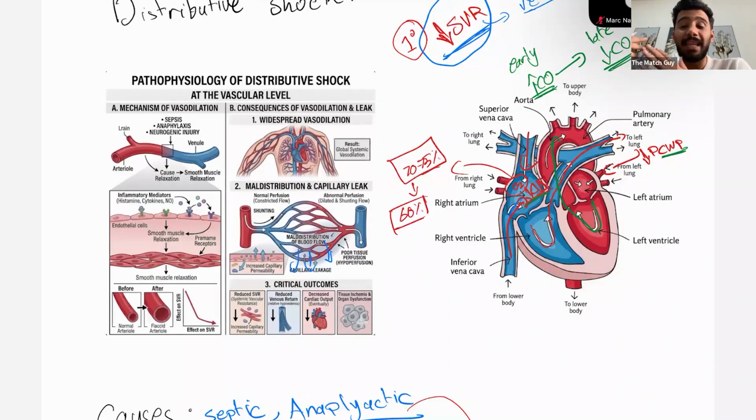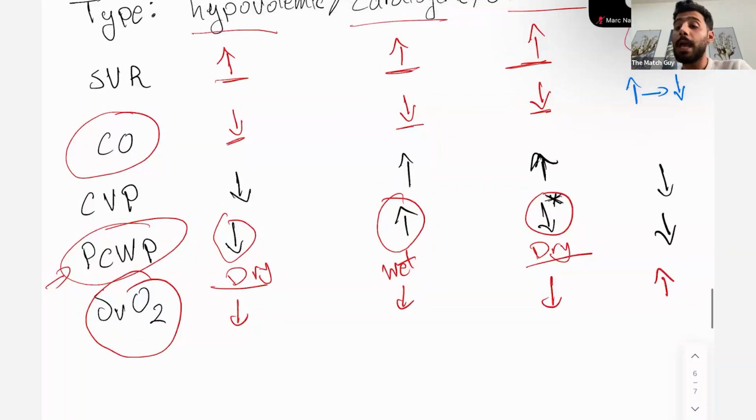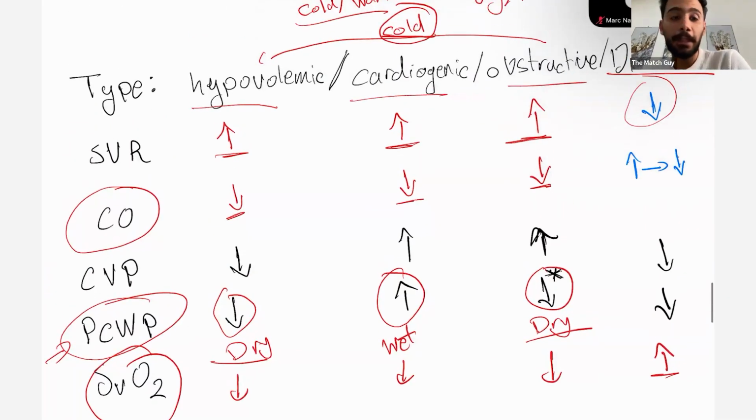The blood is passing very fast through these capillaries, and also there's endothelial dysfunction going on, and the blood is leaking into the tissue, which is going to impair the extraction of oxygen. So actually, the amount of oxygen coming back to the heart should be something like maybe 80%. So it would be a little bit higher because the tissues are not extracting as much oxygen as they should. And it generally moves the same as cardiac output,